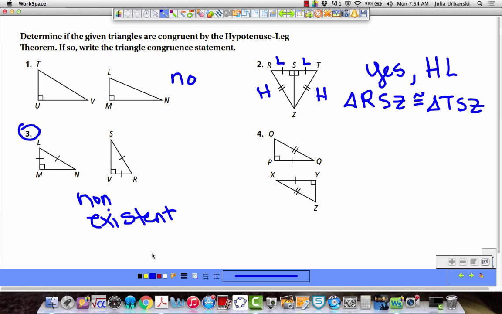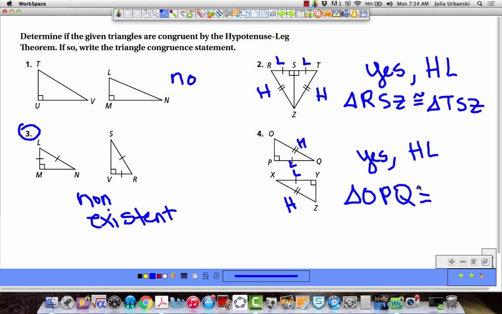Alright, the hypotenuse has to be longer than any of the legs. Alright, this one, can it work? We have right angles. Do we have a mark on the hypotenuse? Cross on the right angle, the hypotenuse can work. Do we have the same, 2 legs that match? Yep. So hypotenuse leg can work, and let's put things in the right order. This one's not quite so easy as far as arranging the letters. I'm going to say triangle OPQ